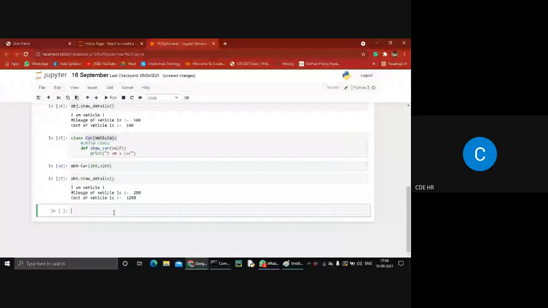So the function show car is the next object. Now everything is clear till now: how single inheritance works in Python and how to implement it. Any doubt till now? Then you can ask me.